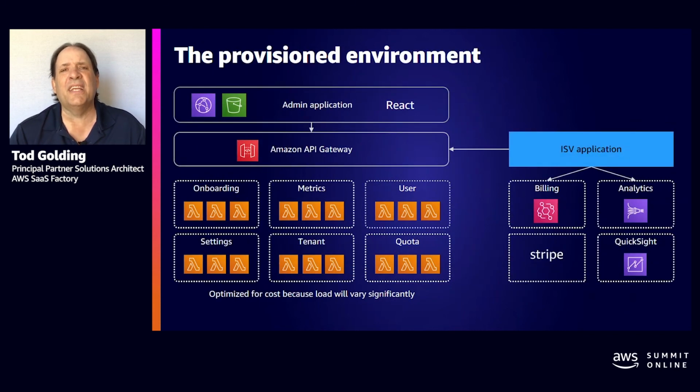So we look at what gets created in this. This is, again, the shared services theme we talked about at the beginning. You can imagine that SaaS Boost relies on a bunch of shared services to make all this work. So here you'll see it has an admin application running in React. That's hitting API Gateway, and then hitting the same old shared services here. This has a richer set of shared services maybe than some of the other environments. It has more metrics, a richer billing implementation, and more analytics, so there are more moving parts in this than maybe the other reference architectures.